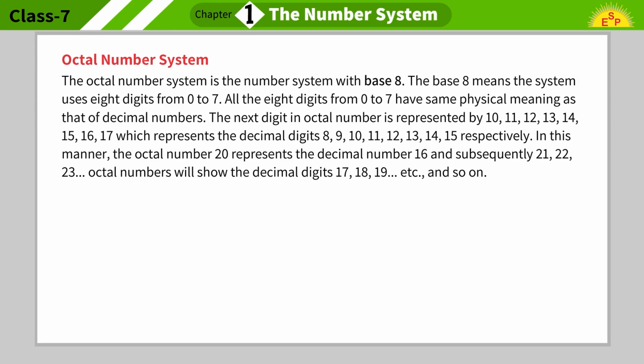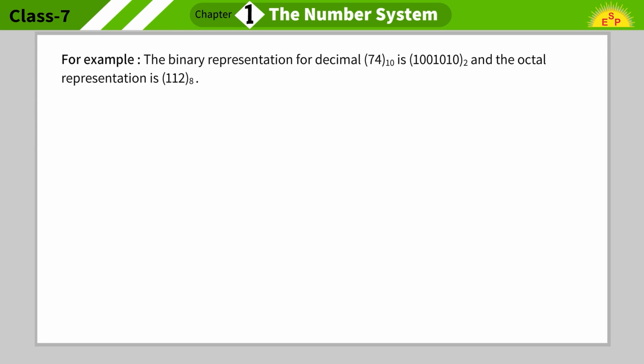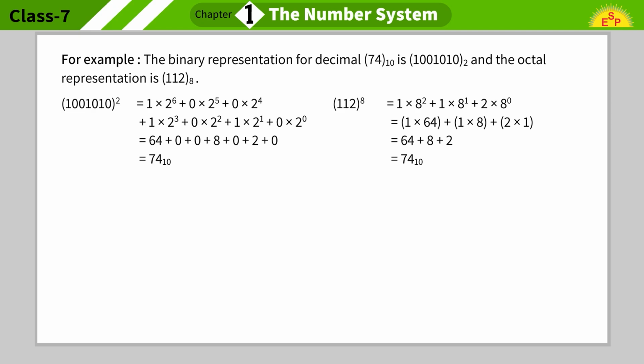In this manner, the octal number 20 represents the decimal number 16, and subsequently 21, 22, 23 octal will show the decimal digits 17, 18, 19, and so on. For example, the binary representation for decimal 74 base 10 is 1001010 base 2 and the octal representation is 112